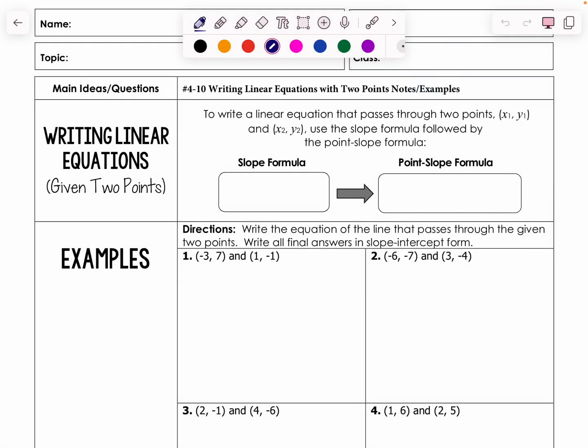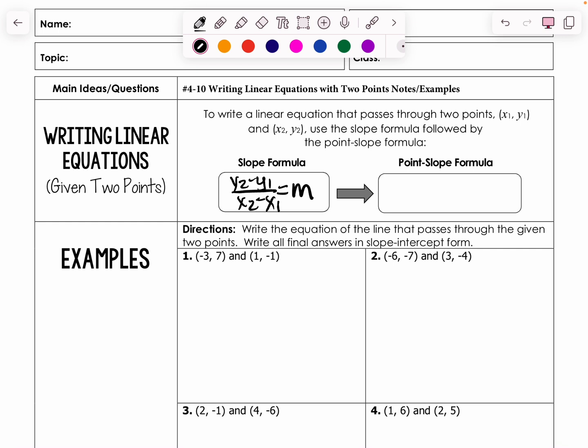We are now going to find equations just from 2 points. We're going to revisit what is our slope formula: y2 minus y1 over x2 minus x1 equals m. And we know based upon the last lesson that you can take that and convert it into